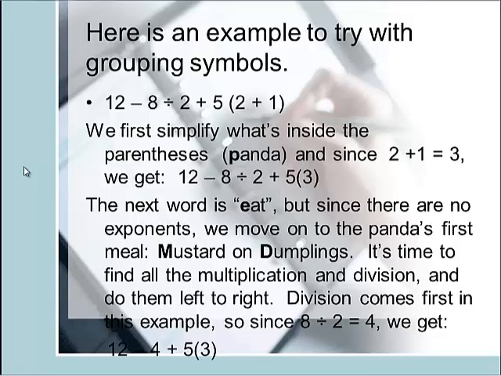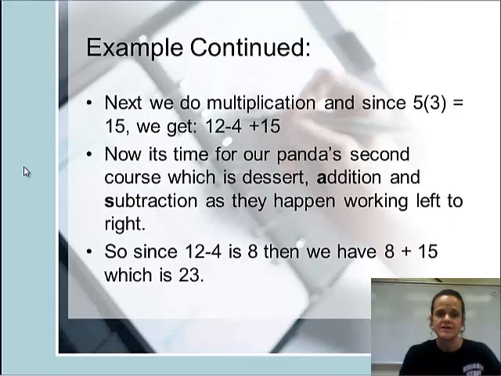Division comes first in this example, so since 8 divided by 2 equals 4, we're now left with 12 minus 4 plus 5 times 3. Continuing this example, next we're going to do multiplication, and since 5 times 3 equals 15, our equation now reads 12 minus 4